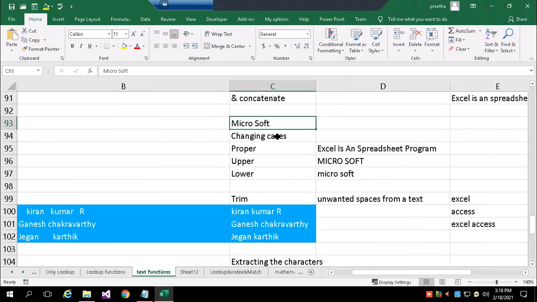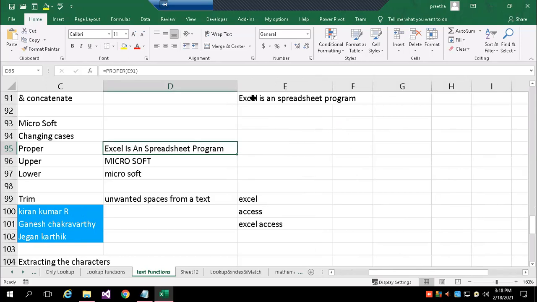The first function after concatenate is PROPER. What is here proper? You can see the first letter of every word is capitalized. So the original data is in the cell here. Excel is a spreadsheet program. I have written one small sentence where only E is capital, but the rest of the letters are in small only.